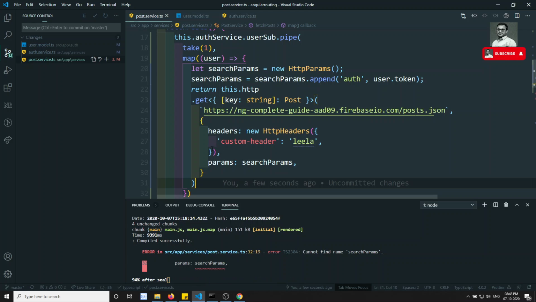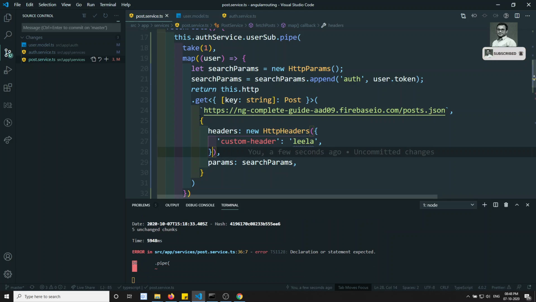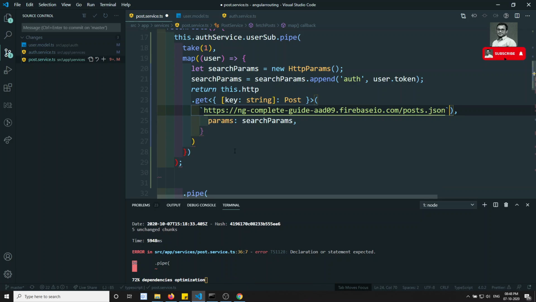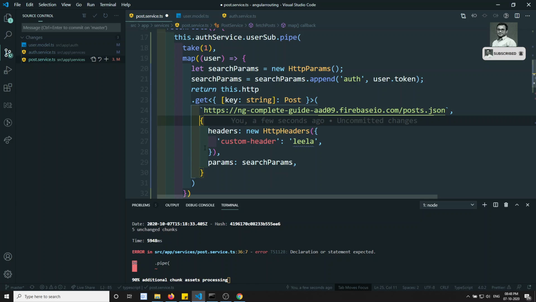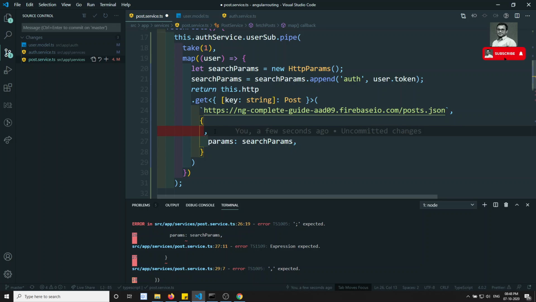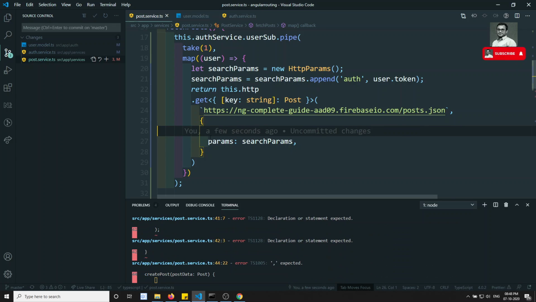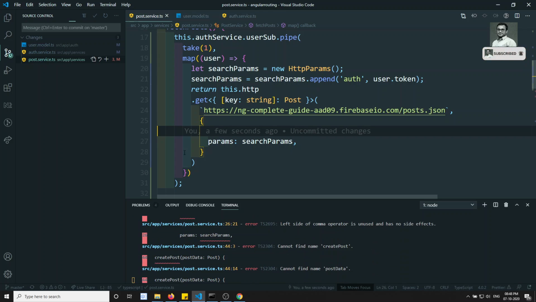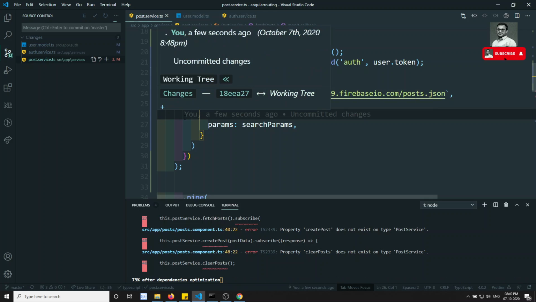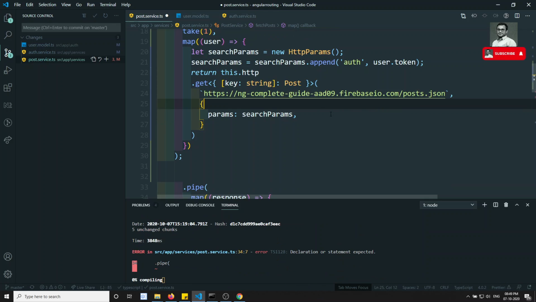We don't want the headers, so I can remove these headers. Only the params is present right now. Params means we are passing that as a query parameter. You can also pass it like question mark auth equals.